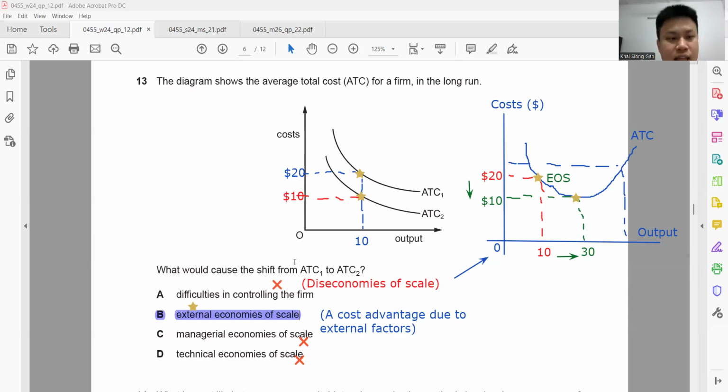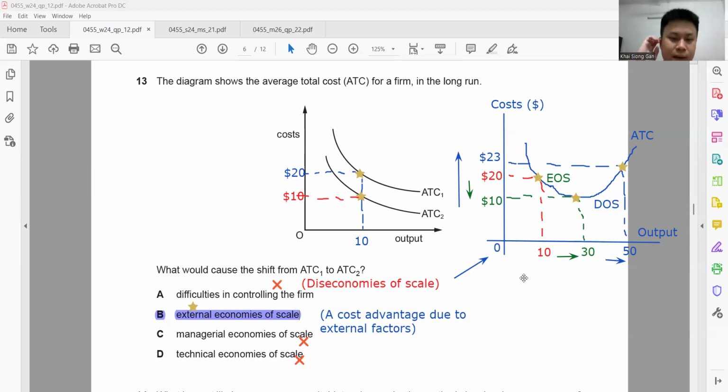Everyone see the blue color dotted lines. Let's say now they produce more, to 50 units of output. What happens is the average cost suddenly becomes 23. Oh, so meaning to say what? Meaning to say this is when diseconomy of scale kicks in. So when they produce more total output, the average cost starts to go up. When the cost starts to go up, you can talk about diseconomy of scale. So this is when they have difficulties or coordination problems or communication problems in the workforce already.